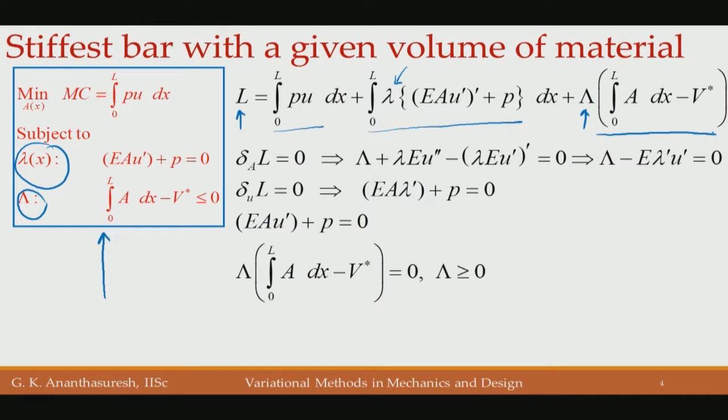So, we can see what is our f, the integrand: P u plus lambda times all of this plus capital lambda. Lambda is a function of x, whereas this one, corresponding to a functional type constraint or global constraint, will be a scalar unknown constant, and then the volume constraint here, and then we take variation with respect to a,